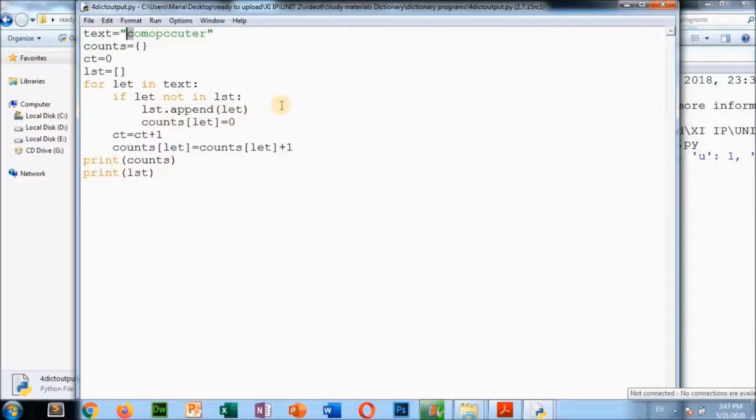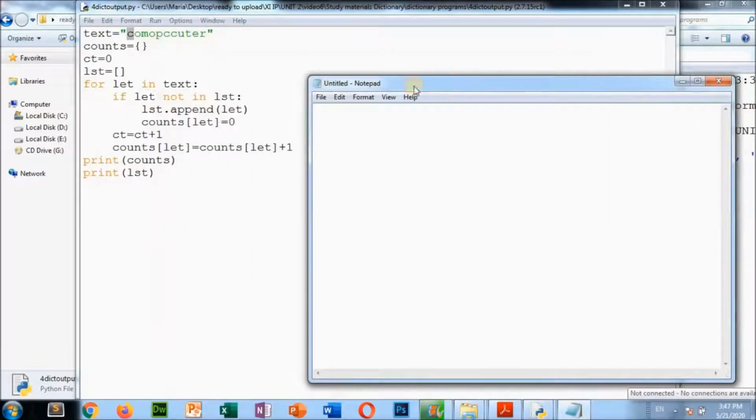Now in Notepad I am going to show you. Here the list lst, it has appended c for the first time. After that, counts[let] is equal to 0.